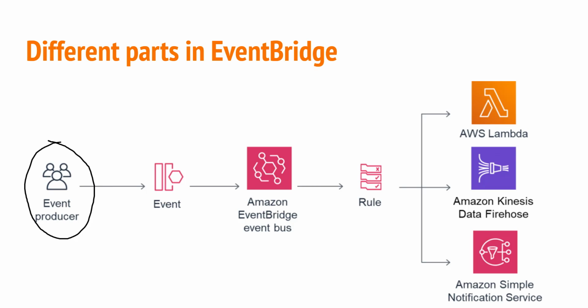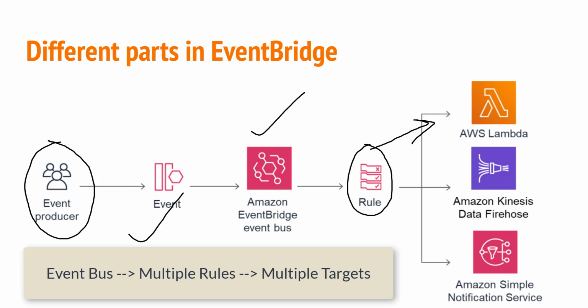So once the event is generated, it will be put into the event bus. Inside the event bus, there can be multiple rules. And once a rule is matched, it is further passed to its targets. So if a rule is matched, then the target can be, as you can see in the diagram, AWS Lambda or Kinesis